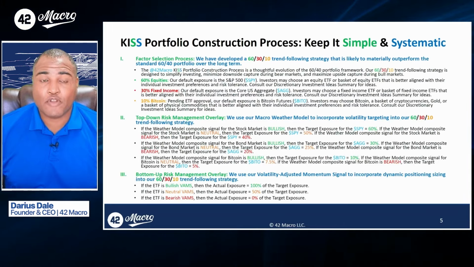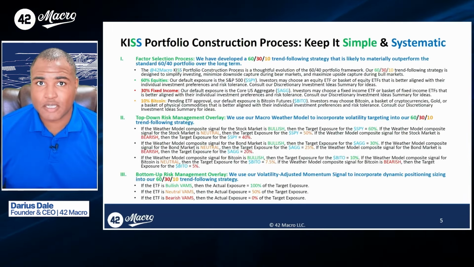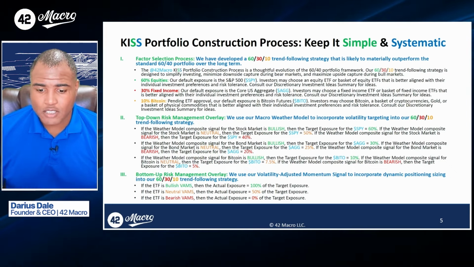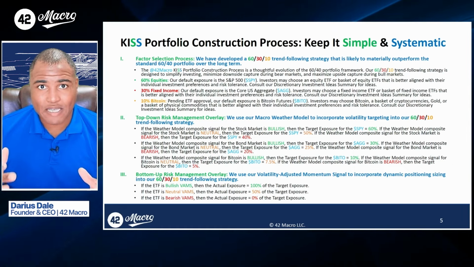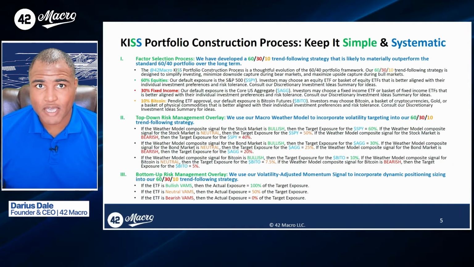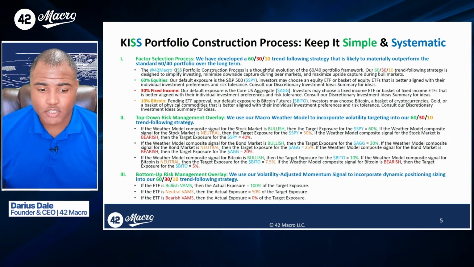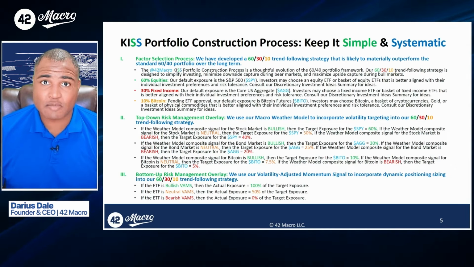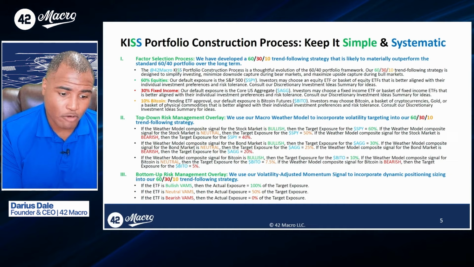We'll start with our KISS portfolio construction process. We built this system to really satisfy the needs and the investment objectives of retail investors, RIA investors as well. So in terms of 42 Macro, we like to keep it simple and systematic when we're making asset allocation and portfolio construction recommendations. So in terms of how this KISS portfolio construction process works, we'll start with the factor selection